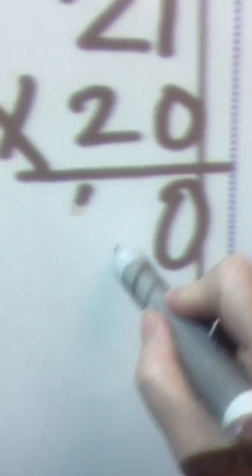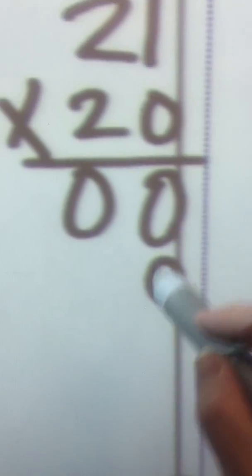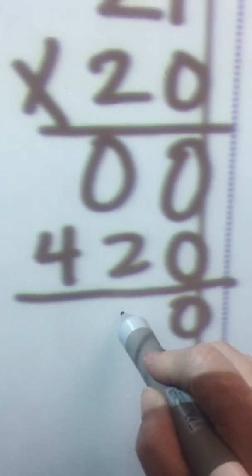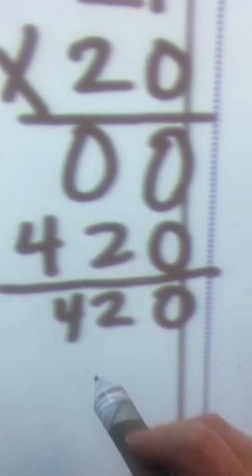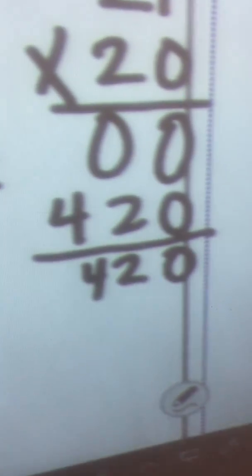Now I'm going to have to multiply 21 times 20. So off to the side, I'm going to show my work. 21 times 20. We know the steps when multiplying. We have 0 times 1 is 0. 0 times 2 is 0. I'm going to put a 0 as my placeholder, and I'll start here. 2 times 1 is 2, and 2 times 2 is 4. Add those up and get 420 all over 5,